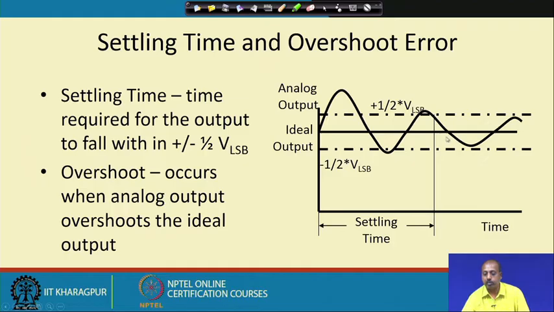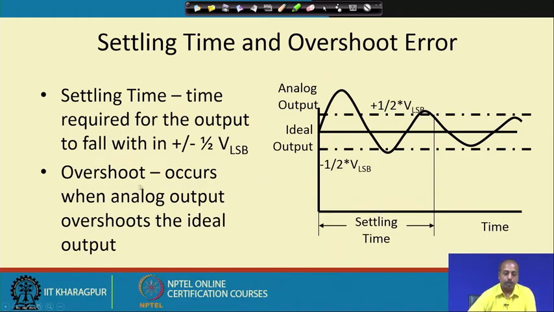After this point, the output is contained within plus or minus half VLSB voltage. When it comes within this range, that is the settling time. So the time needed from the change in the digital input until the analog output comes within plus or minus half VLSB is the settling time for the